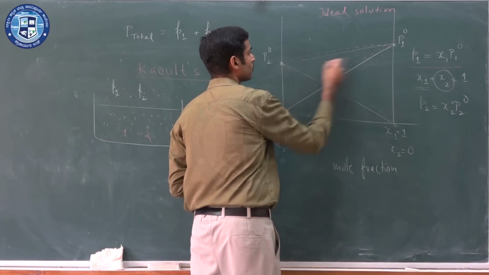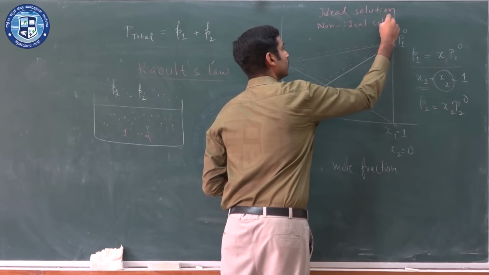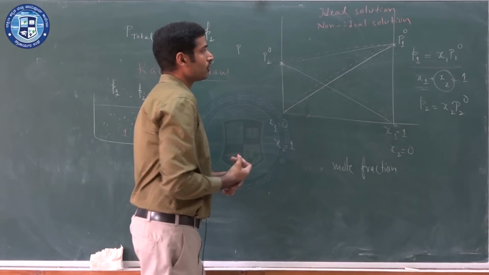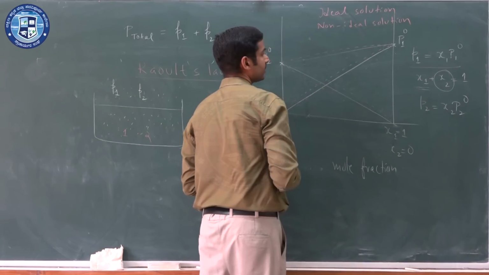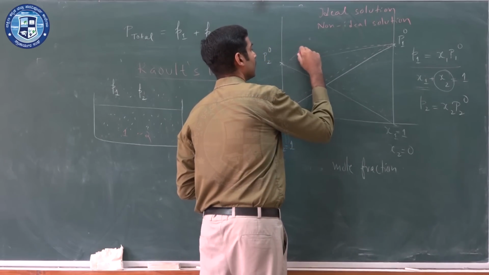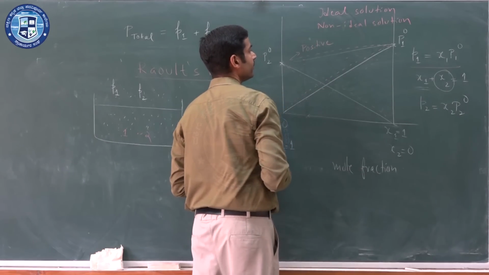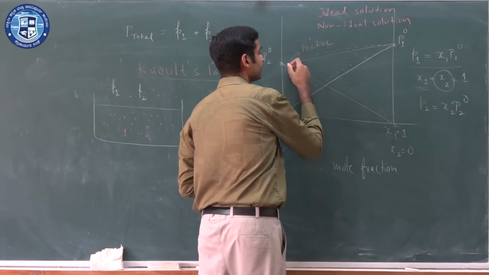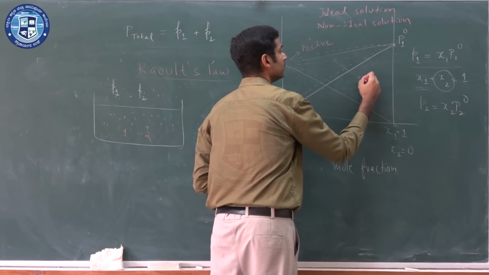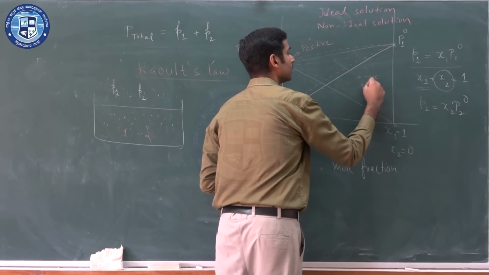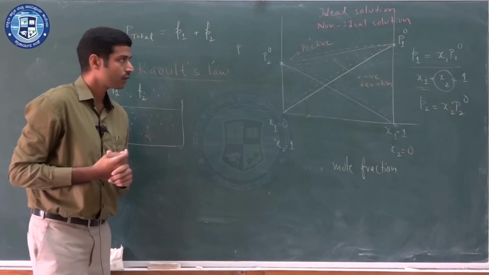But then there are solutions which do not obey, you get deviations. These are non-ideal solutions. You observe that some non-ideal solutions show a deviation which is higher than what is expected. Such solutions are what are referred to as positive deviation from Raoult's law. Positive deviation. So this is a negative deviation, lower. So this curve is lower than what is expected. This represents the curve for negative deviation from Raoult's law.